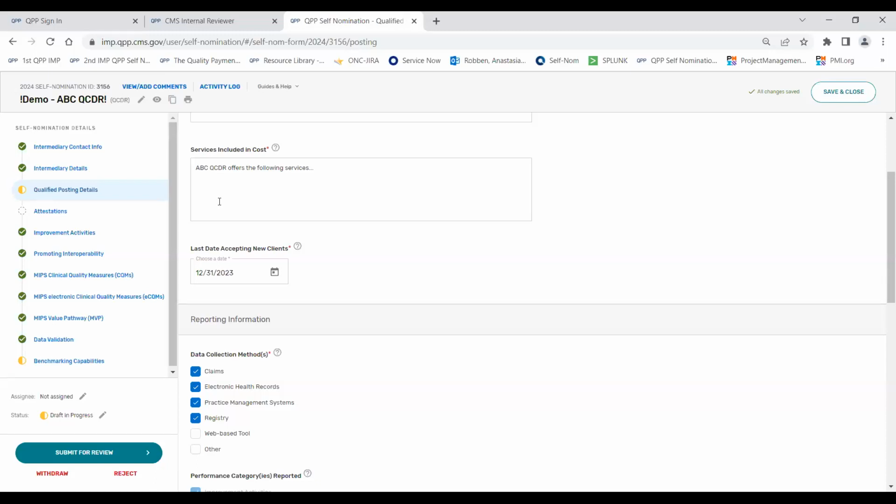The next field is the last date you'll be accepting new clients. So of course, the 2024 MIPS performance period would run from January 1st, 2024 through December 31st of 2024. And then of course, the submission period would fall from January 1st to March 31st of 2025. I currently have a date in here of 12/31 of 2023. Obviously, that's before the MIPS performance period even starts. So that's probably not a good date for the particular